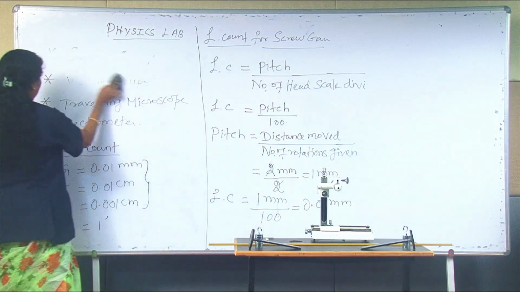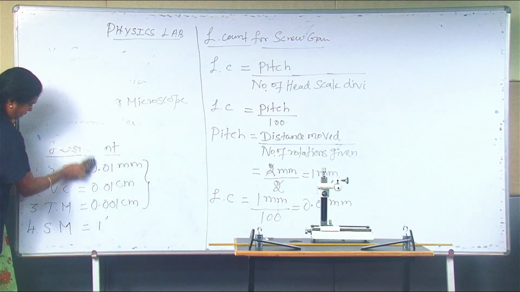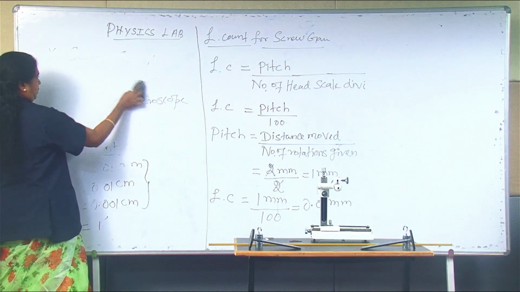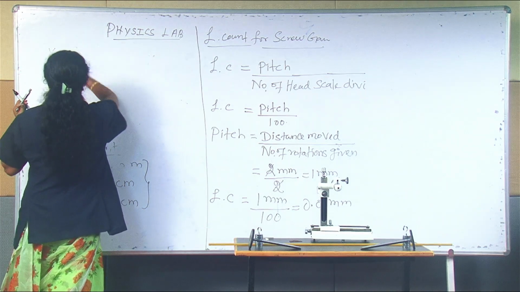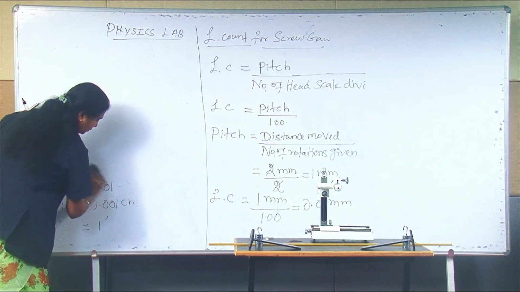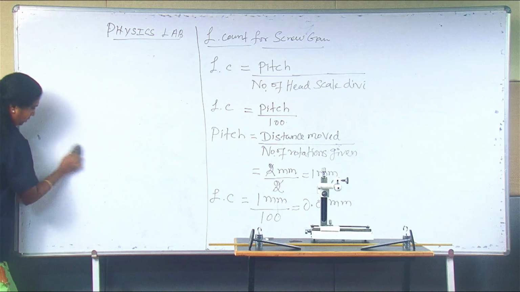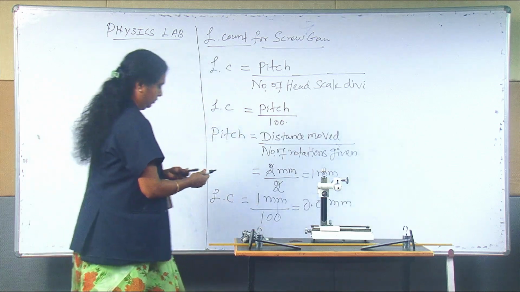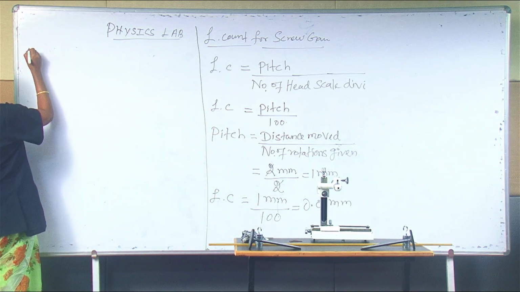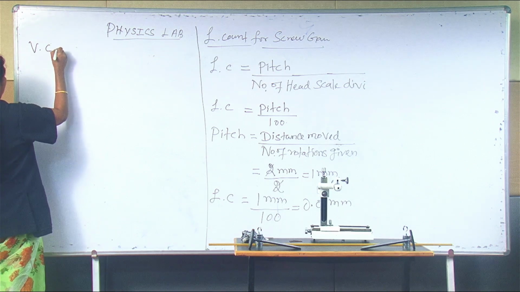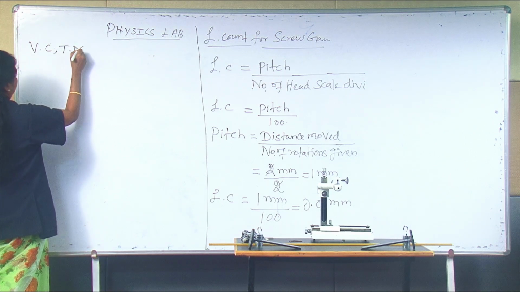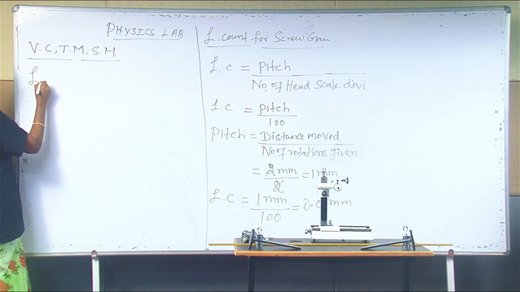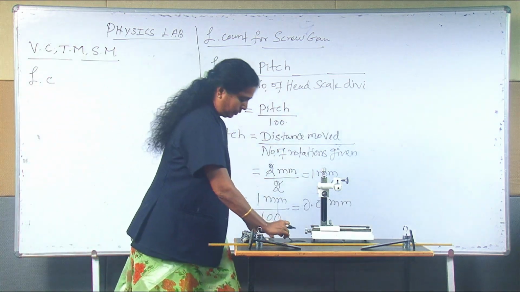Okay. So next we go to the vernier caliper. I told you the remaining 3 apparatus, that is vernier caliper, travelling microscope and spectrometer, have the same least count formula. For vernier caliper, travelling microscope and spectrometer, the least count is equal to, I will show the vernier caliper,